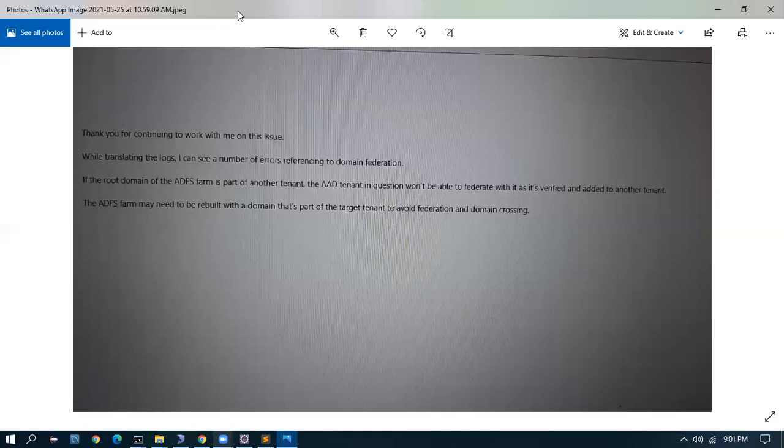Basically, the ADFS server needs to have some kind of relationship with the AAD server. That is why in the last line they say the ADFS farm server may need to be rebuilt with a domain that is part of the target tenant, which is the AAD tenant. So the ADFS farm server needs to be built with the identity so that it knows what AAD is.